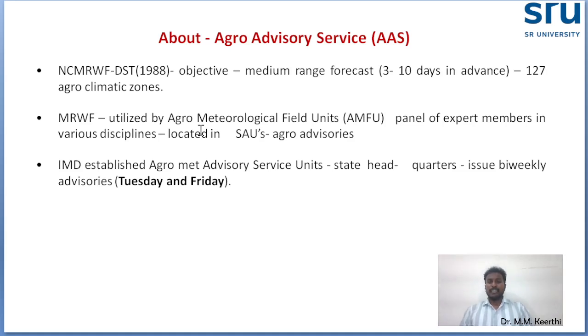First, Agro Advisory Services were started by the National Center for Medium Range Weather Forecasting in the year 1988. The main objective was to forecast for 127 agroclimatic zones at that time, which were small areas. Now 15 agroclimatic zones are given the forecast. There are also agro-meteorological field units, from which they collect information, and state agriculture university agro advisories. Normally, the Indian Meteorological Department